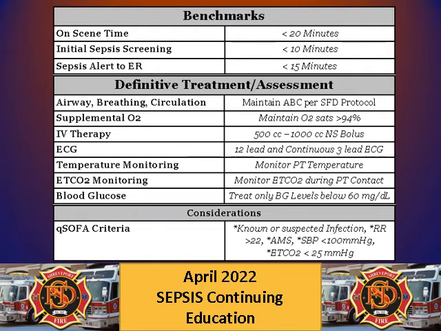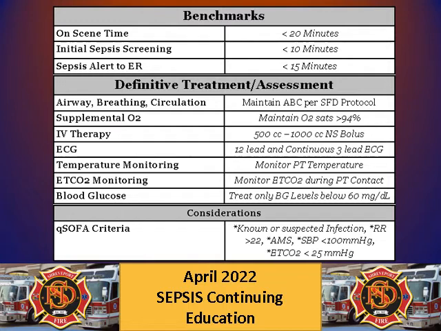And then making sure that with our ABCs and our other abilities like our end-tidal CO2 and glucose, we're checking things off the box: that we're getting that 12 lead, that we're putting them on a 4 lead, that we're starting those fluids, getting the patient's temperature. If they're hypothermic, trying to warm them up. If they're hyperthermic, trying to make sure that we give them the fluid so the body naturally can decrease that